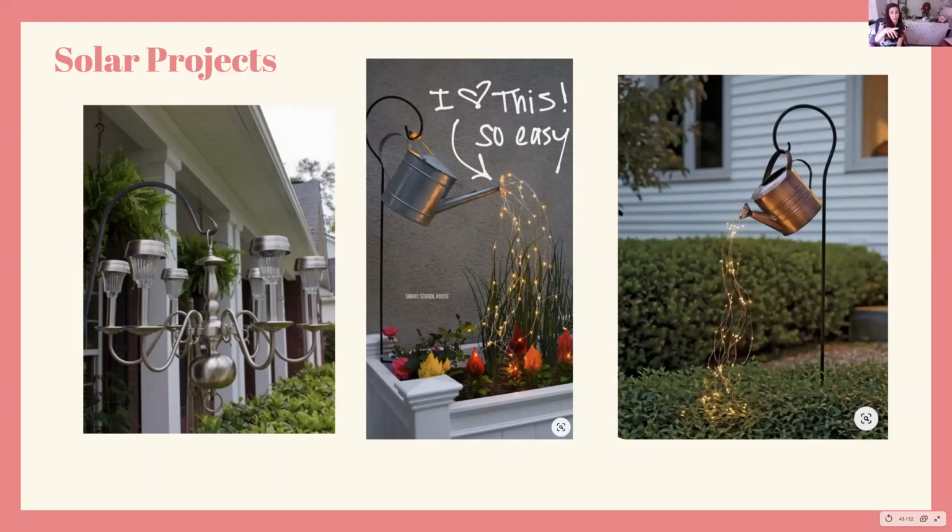I've searched for ages for these little hooks, so they are in Poundstretcher at the moment. As I said, £2.50 or whatever, but you can use them all around the garden, and I think it's just a really cool wee way of updating your garden. So another thing that you can do is